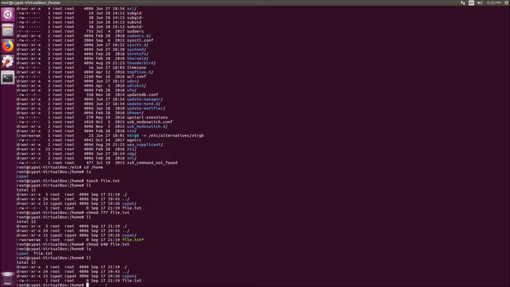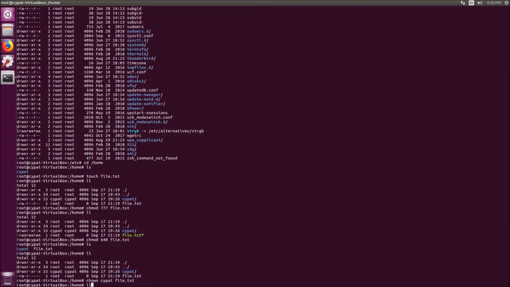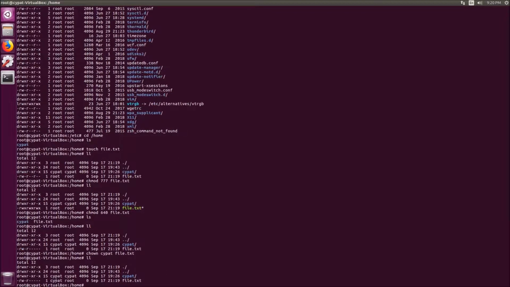You may be asking, how do you change the owner of it? Well, chown allows you to do that. If you use chown sitepad on the file and take a look at it, now the user sitepad owns it, but the root group is still the group that owns it. So now sitepad has access to read and write to it, but no one else can. If we were to chown that back to root,